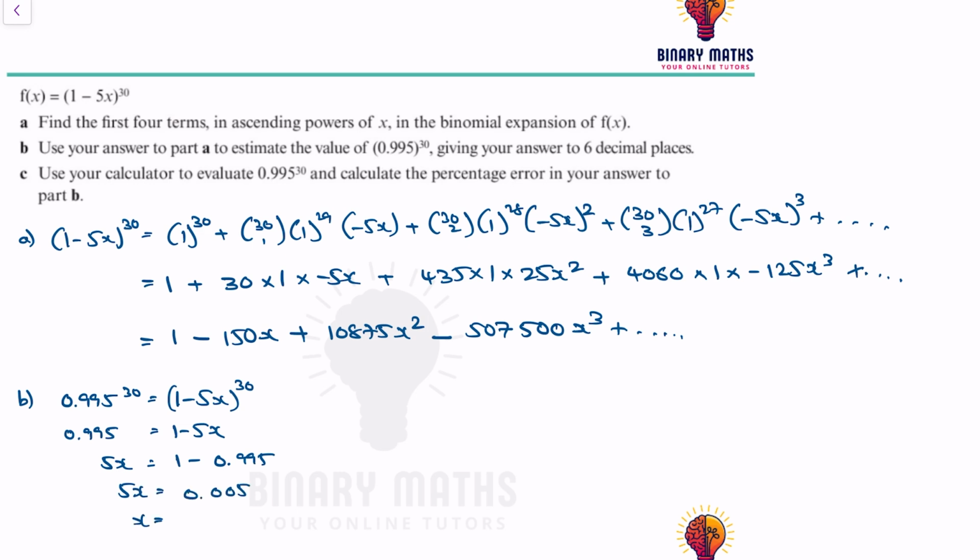If I divide by 5, I get x is equal to 0.001. So substituting x equals 0.001 into the binomial expansion that I've done in part A, I get